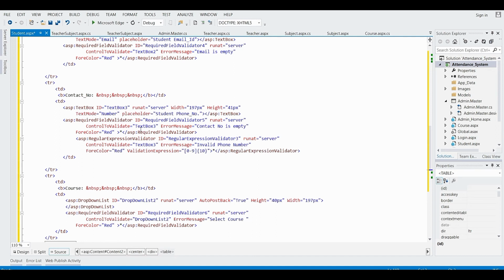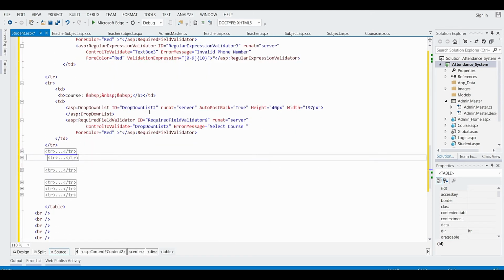You have to provide the same ID, and the same for the regular expression validator in that control to validate property. The same ID we have to pass. The ID of the control which we are going to use in another control should be the same. Then it will work, otherwise no. So the ID order doesn't matter.